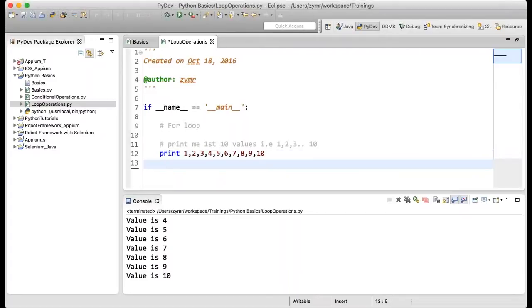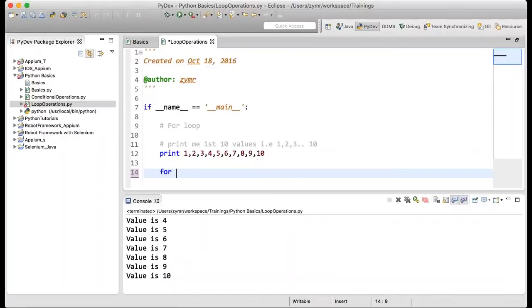Now, how can we print all these values in a single statement? Is there any way in Python to perform these operations? For loop. There is a statement called for. Then you specify a variable name that can point to each of the looping values. Suppose there is an iterator, simply a variable name, in range.